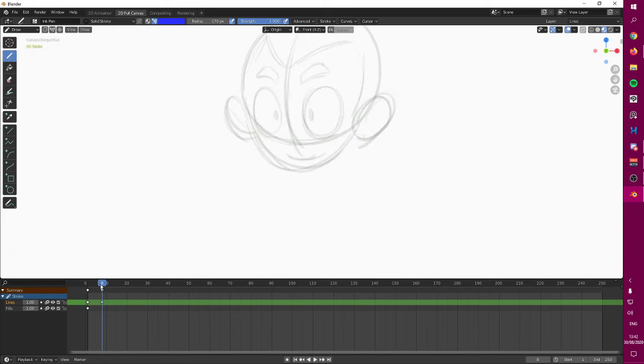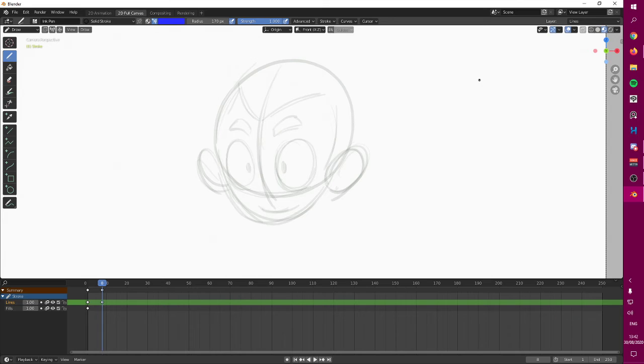And as you can tell, it's displaying the previous frame, because when you start into the animation mode, the onion skin or the light table is already enabled. You can disable it by pressing in here. This button in here enables and disables the onion skin. So let's use it in this case.